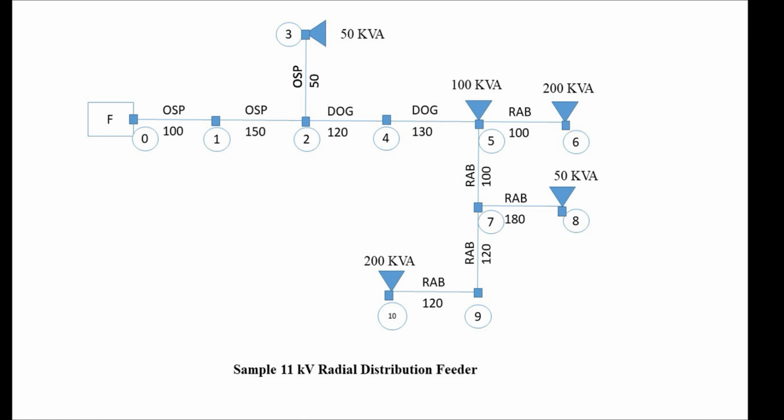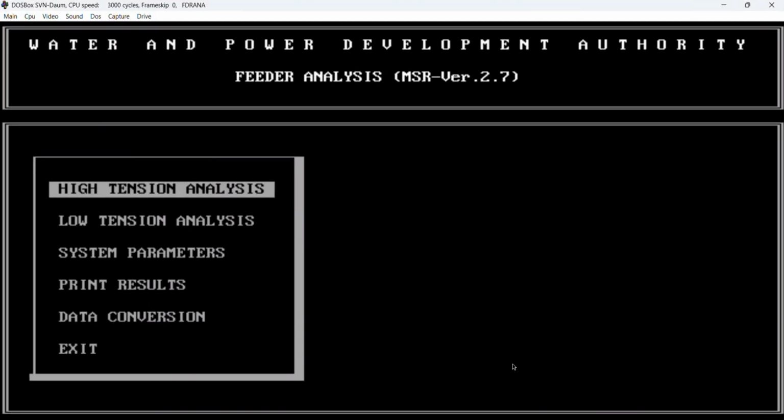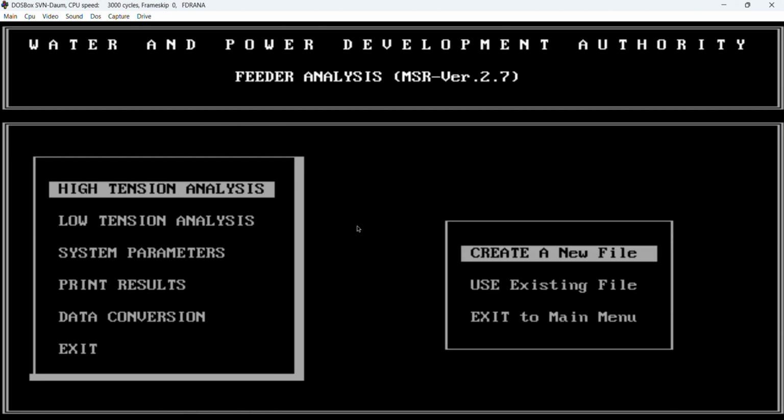It is important to note that FDRANA is a 16-bit software. Therefore, to run it on modern 64-bit machines, we need to use DOSBox. Let us now open DOSBox and run the FDRANA tool. As you can see on your screen, the tool is now open, and we will start mapping the feeder sections